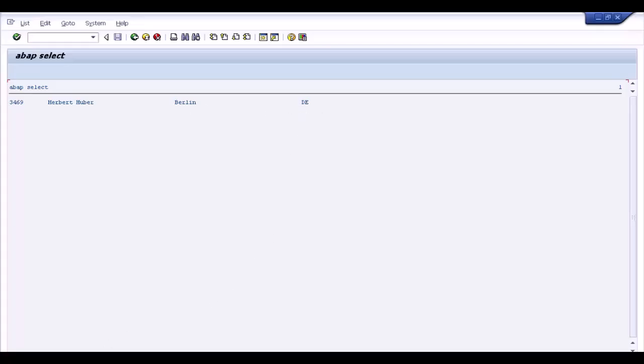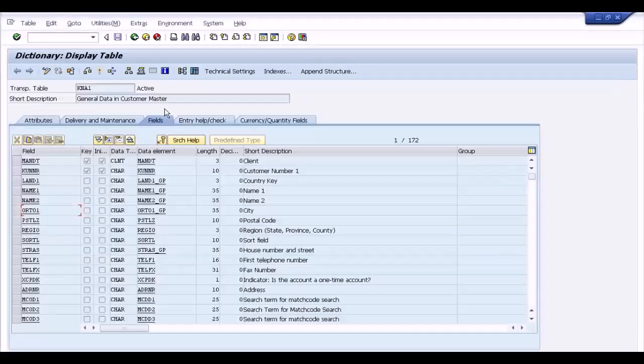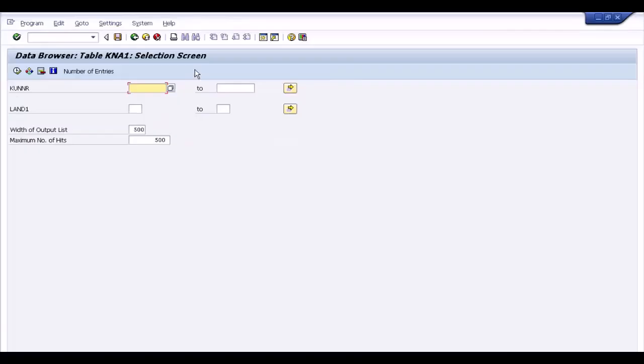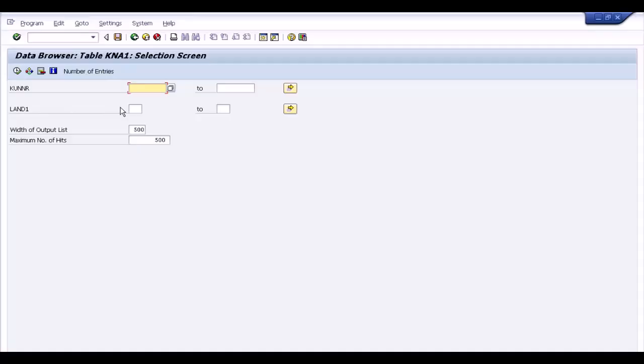First one is customer number, customer name, city, country code. This you can cross check, what exactly you got in the results, and open the backend table because you got the data from this KNA1 table, and I click on entries. There is a content here, and this enter, so whatever number from 1 to 100 you got it from, that